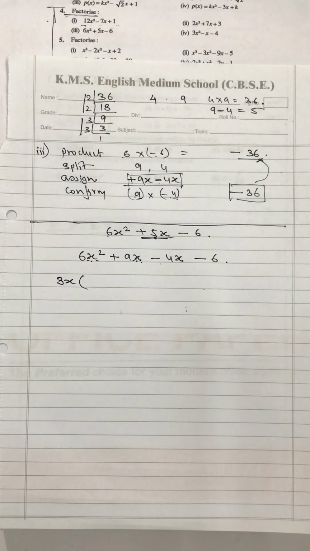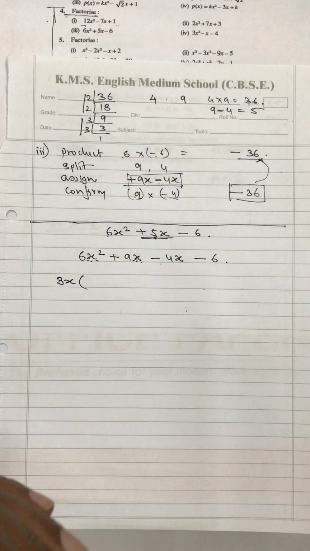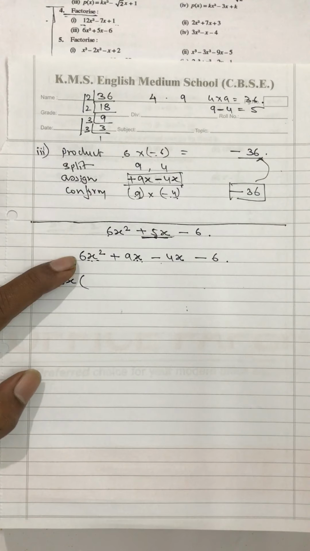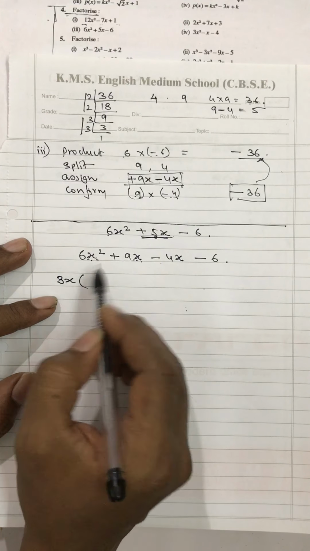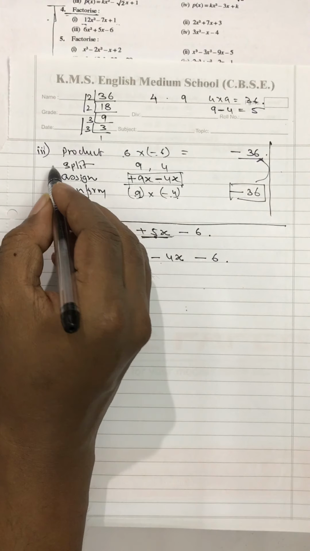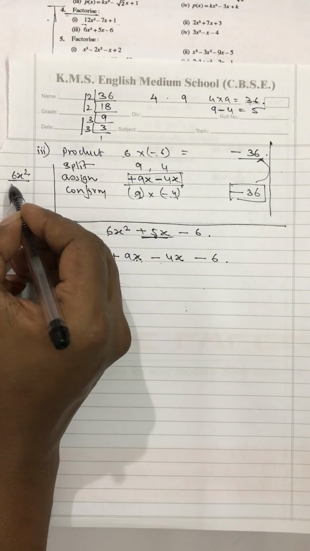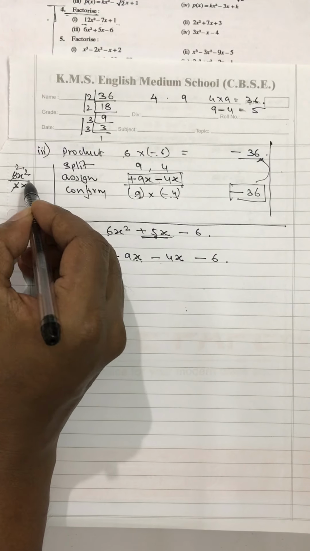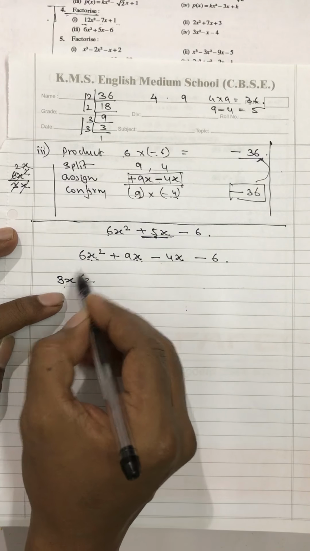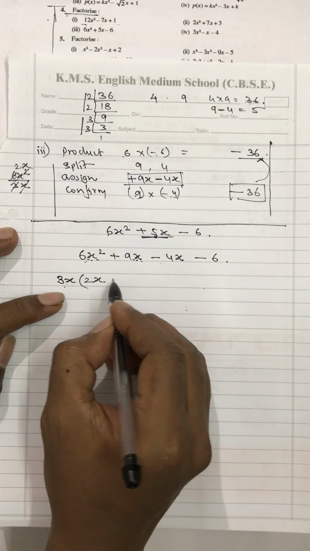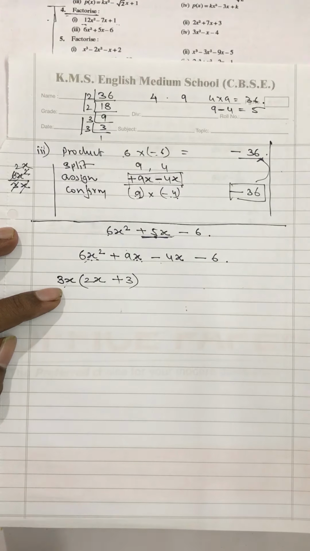If, supposing, among these 6 is the smaller, up to 6 you should go on finding every number: 1, 2, 3, 4, 5, 6. Are you getting it? After that you don't have to go. So here, 3x is the common factor. Now if I go to divide, I'll divide over here 6x square divided by 3x. 3 2s are 6, 1x stays. So I can visualize like this also. 3 2s are 6, 1x is gone, 1x will remain. Plus 3 3s are 9, x and x will get cancelled. Like this also you can do.